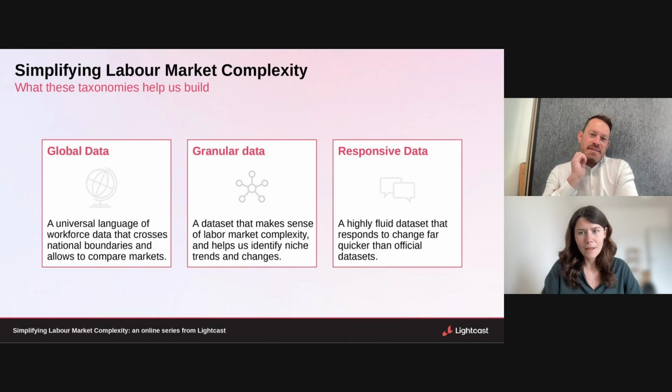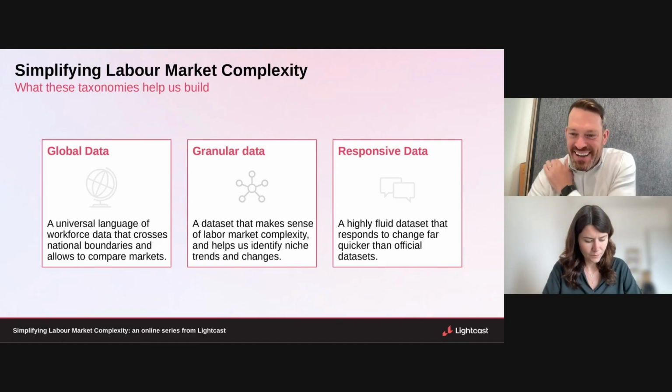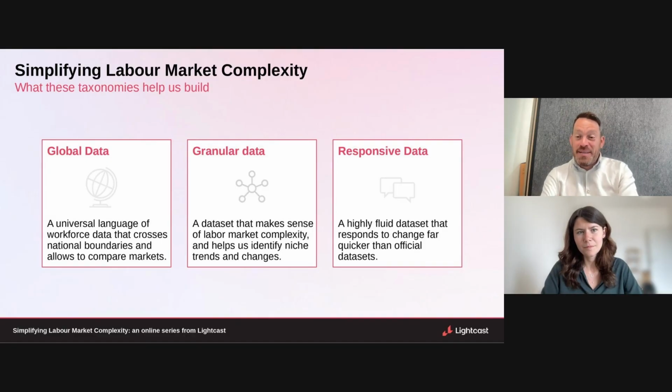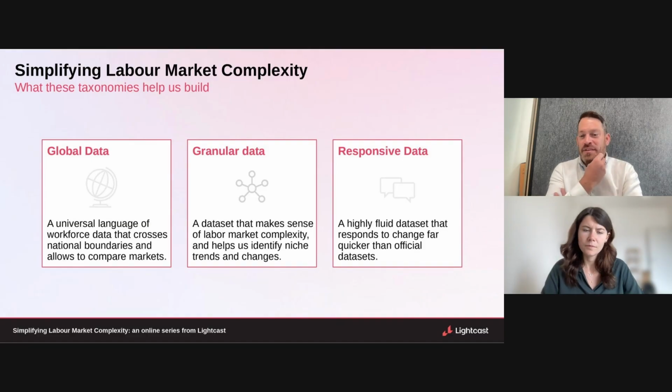Well, just before we jump into that, because I think it can be a challenging topic and feel quite technical, but I think what we're trying to do is debunk some of that. But the whole point is, and hence the titles you've seen on the slides throughout, the labor market is an incredibly complicated place that is becoming ever more complicated at a greater pace of change. And so I think this is setting us as a data company a fantastic challenge. And it's a challenge that will never be solved. We'll always have to keep evolving and developing. And that's the point of what you're describing.